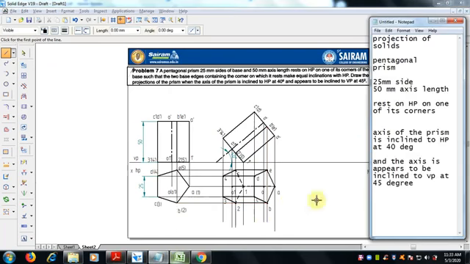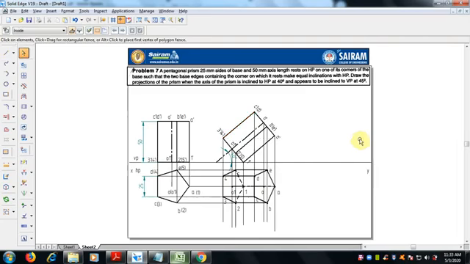The third portion is that after inclination to HP, the axis appears to be inclined to VP. So after inclined to HP, what is the view that is there? That view is to be inclined to VP at 45 degree, since it appears to be inclined, we have to do it. Select a line, continuous line 0.13 mm thickness, draw a line at 45 degree.